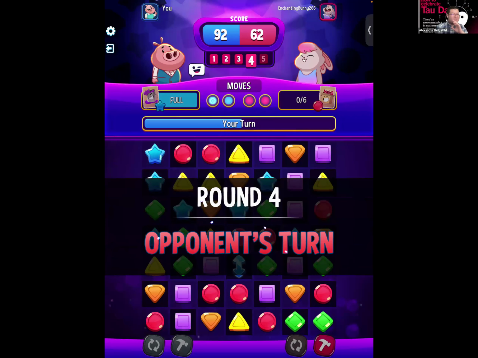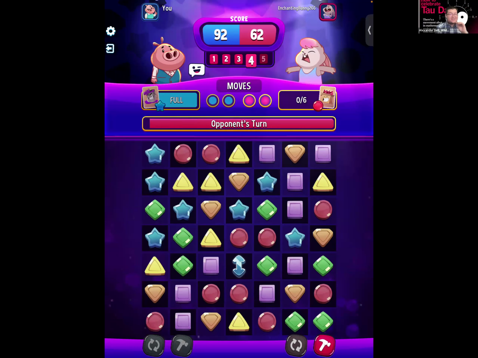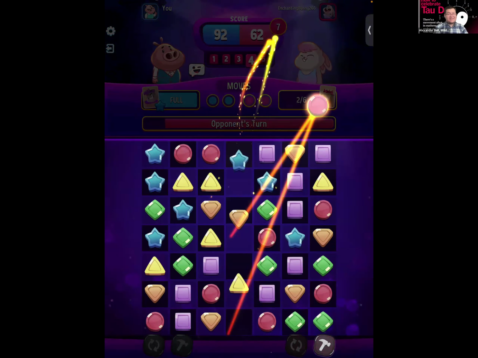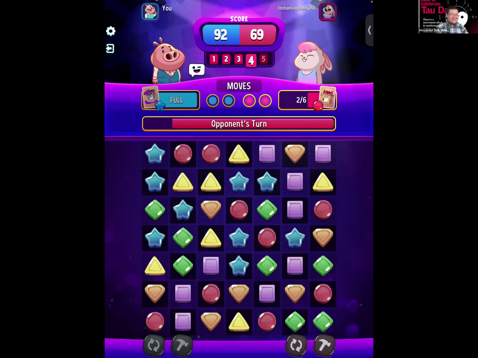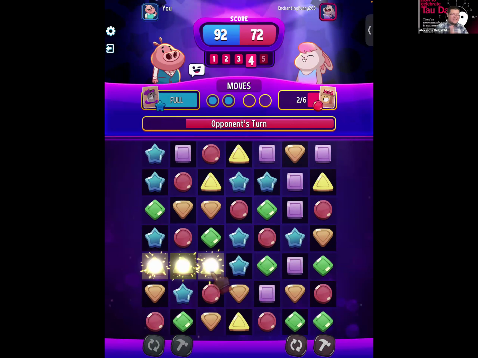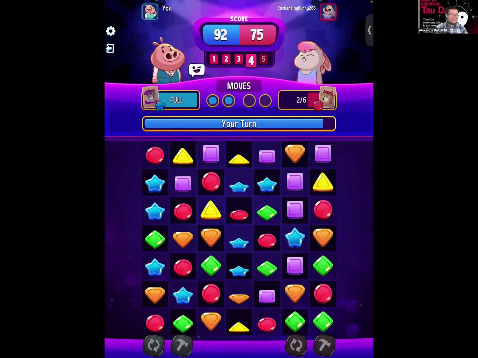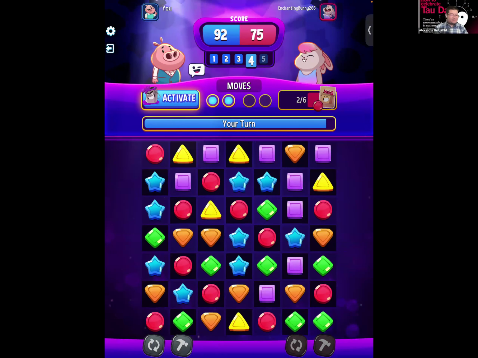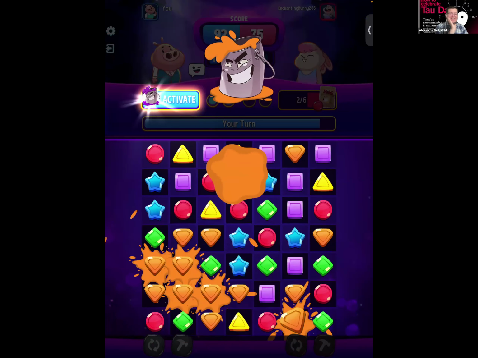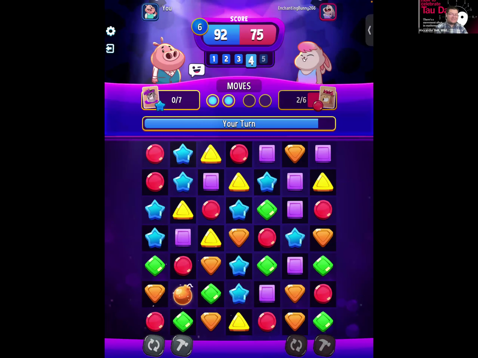Round 4. Opponent's turn. Again, there are 5 rounds, so we are almost through with this game. But again, it's just fun to look at some of how it works. Because each person has their own limited set of time that they can utilize. Let me do that booster. Because when you have it active, even if you make any other matches, it won't count. So you might as well use it so that way you can keep getting more points.